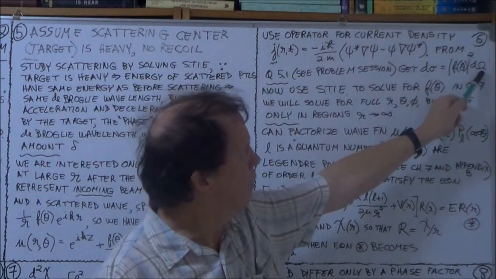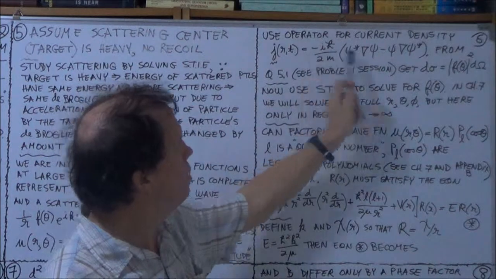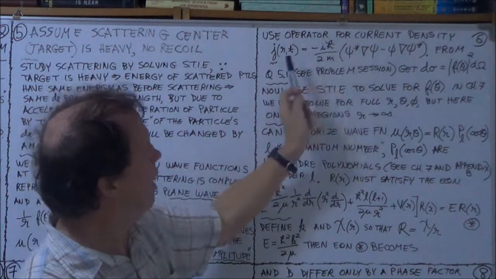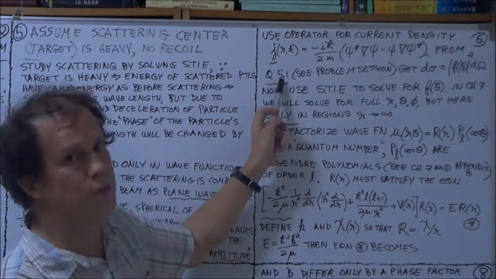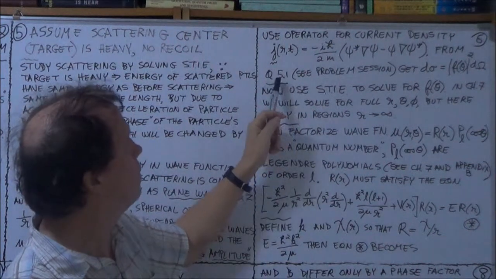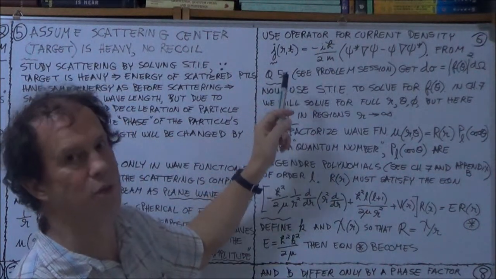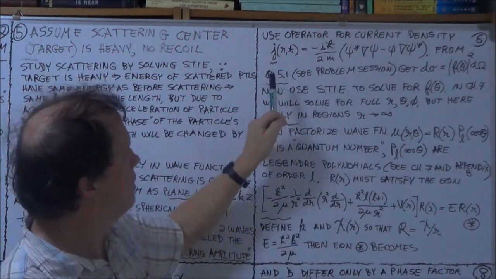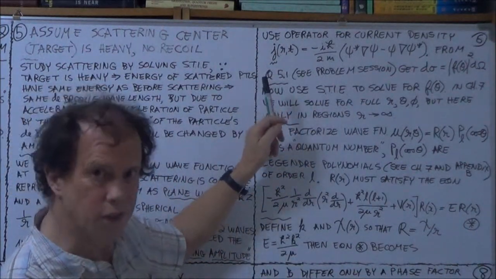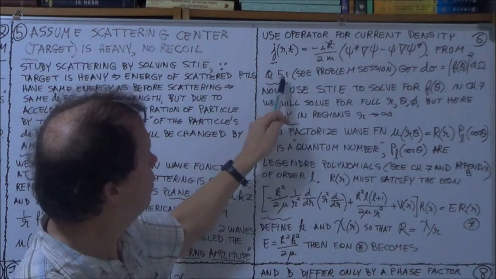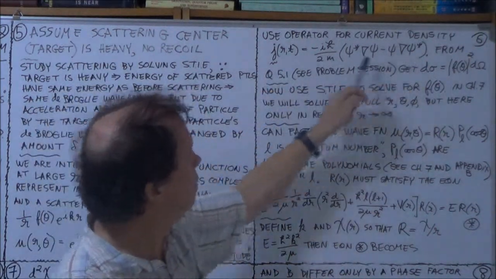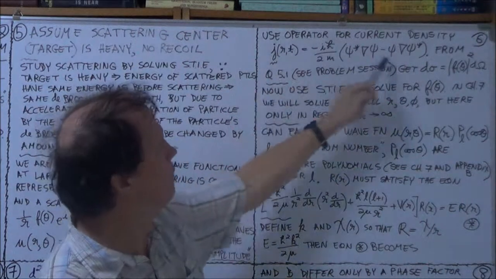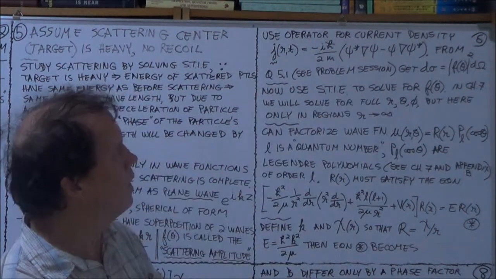This solid angle, remember that? By using this, it will be the first question that we will do. So we're going to have to come back to this. In the problem solving session of this lecture, we will solve question 5.1 using this probability current density, and we will get that